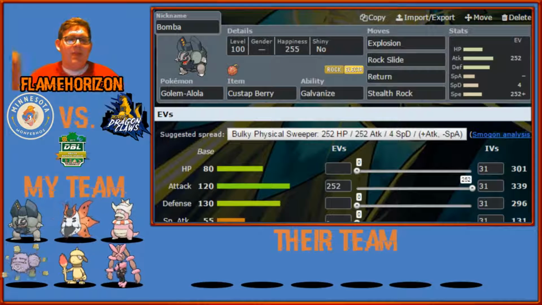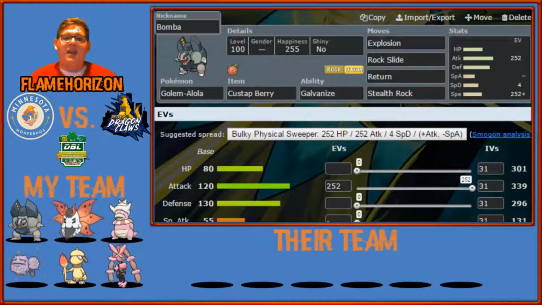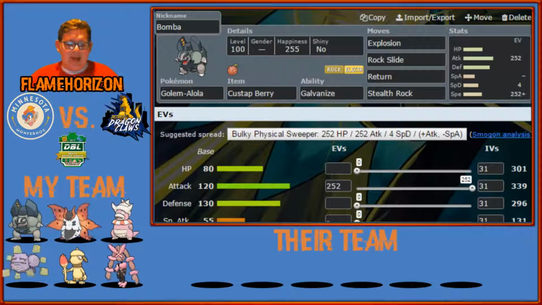As you can see, my team right below me: we have Alolan Golem, Volcarona, Slowking, Weezing, Smeargle, and Megalopony. This is the team I thought would work best. I did a lot of calcing, I did a lot of setting up with this, and this is what I have come up with. My opponent has, and I'm going to read it off my phone real quick, Heatran,